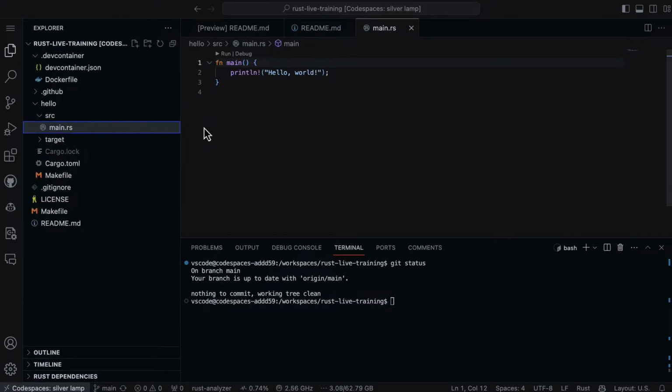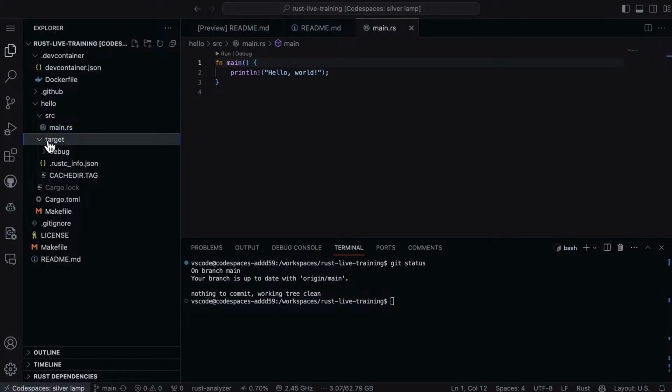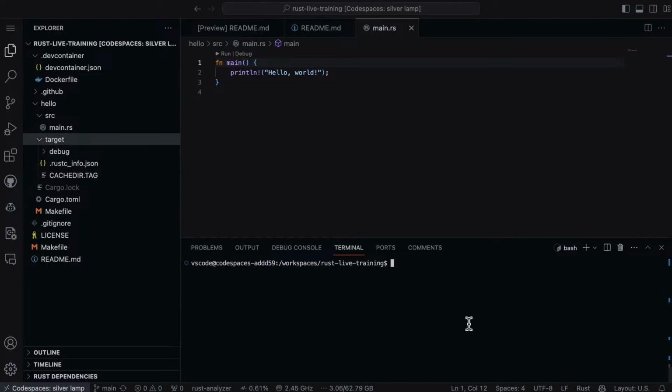That's one of the things to be aware of, is that you want to make sure you ignore the artifacts in the target directory. So you'll see this. The target directory is where all the build artifacts go. Now, if we want to go to the hello directory here, if we go to hello and we go into target,